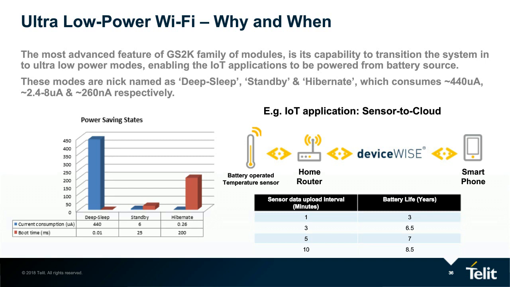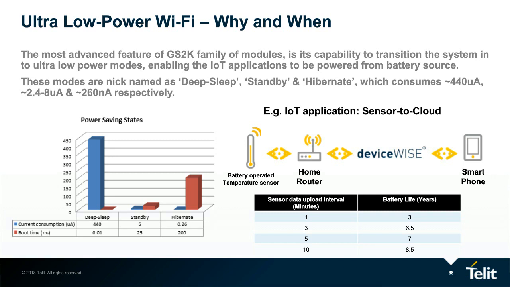Now to give you a perspective of a real world use case, which demands the Wi-Fi device to check the data availability from the cloud server every second or every minute, the ultra low power offering from Telit saves approximately 97% of the power compared to a power saving scheme defined by the IEEE. You can see on the right side there is a sensor to cloud use case defined,